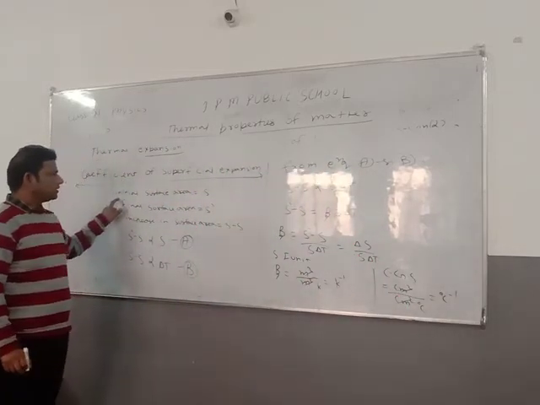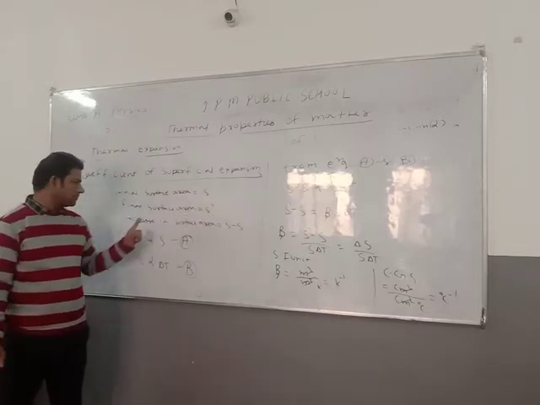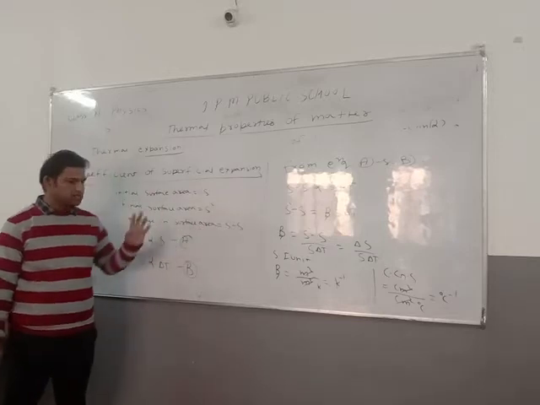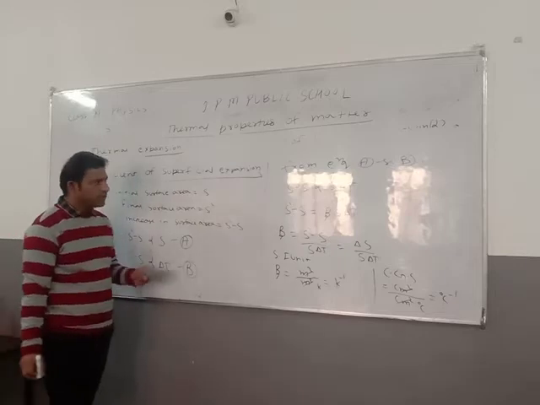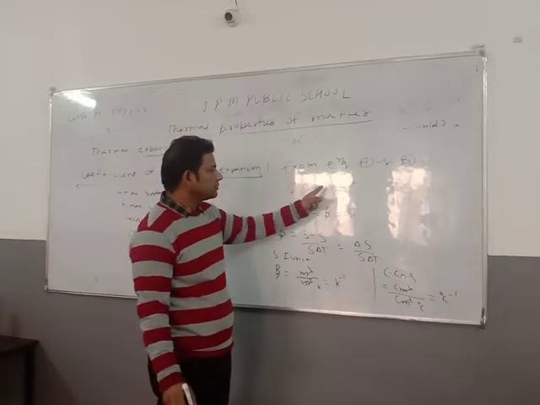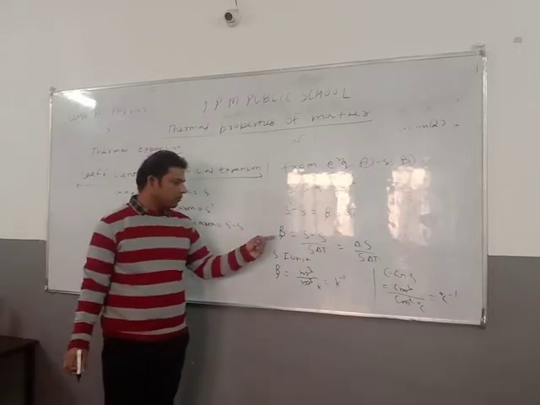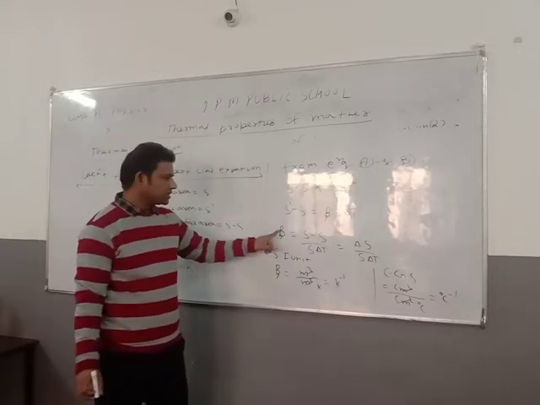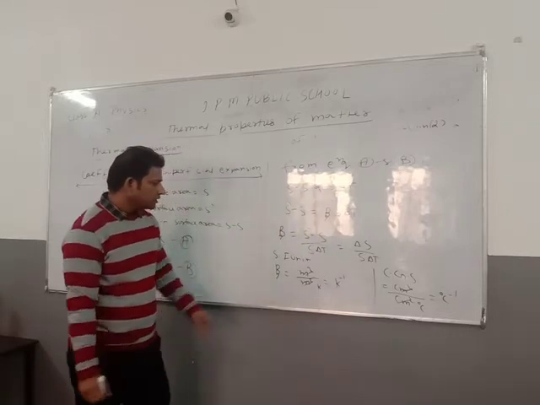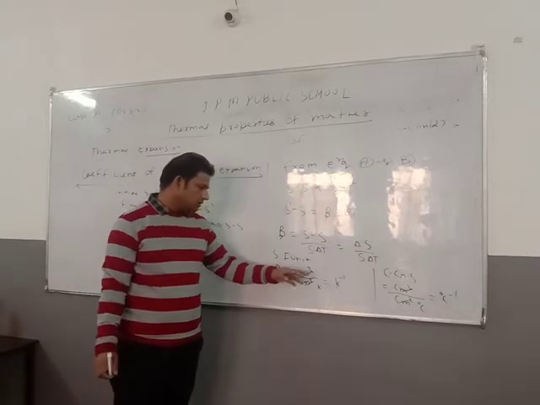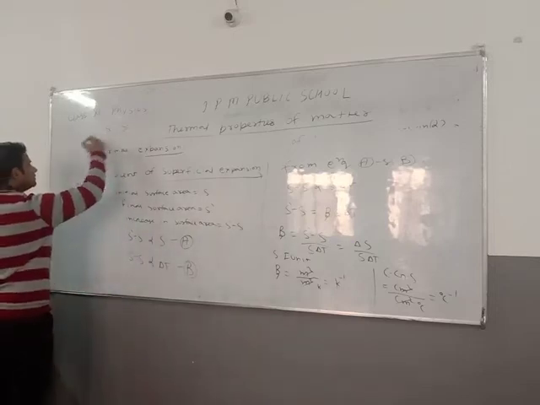So listen again, students. We take initial surface area S and final surface area S dash. Then the increase in surface area is S dash minus S. S dash minus S is directly proportional to S, and directly proportional to del T. So S dash minus S is directly proportional to S del T, so S dash minus S equals beta S del T. We can find the formula for beta. The coefficient of superficial expansion is S dash minus S upon S del T, which means del S upon S del T. So the SI unit of beta is Kelvin to the power minus 1 and the CGS unit is degree centigrade to the power minus 1.